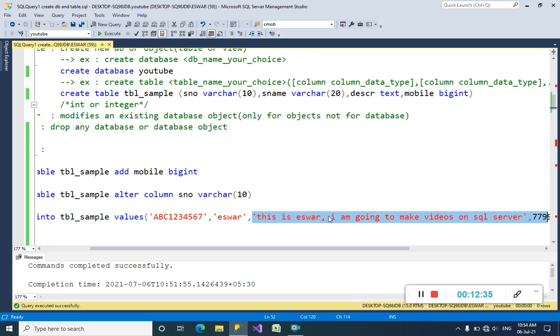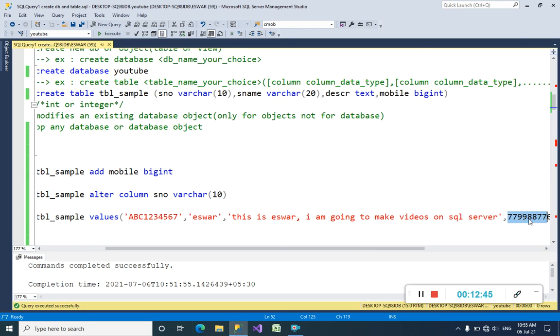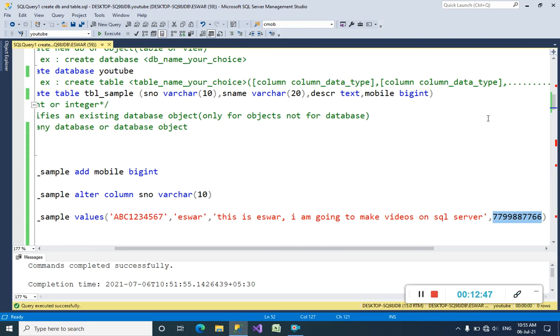I have written a lot of characters here using the text data type, and I have written the mobile number also here, 779988 something. Big integer means we can write more than 9 digits also.